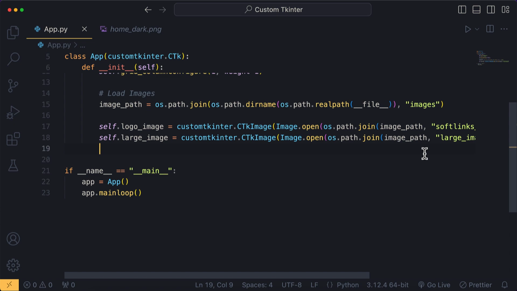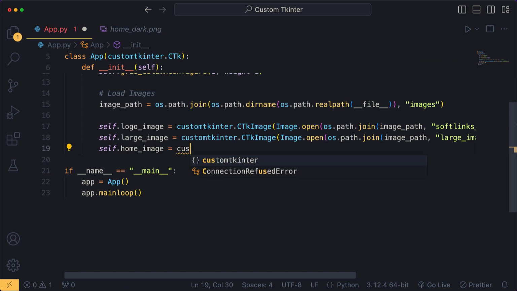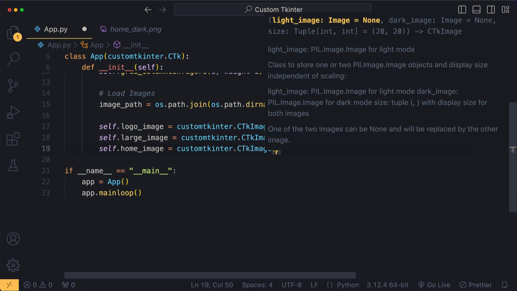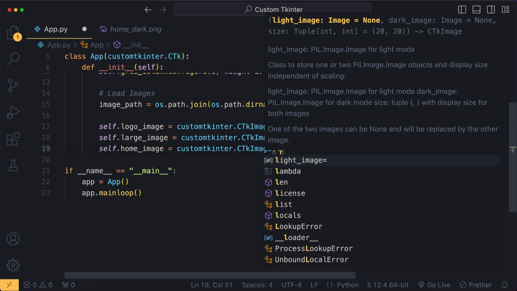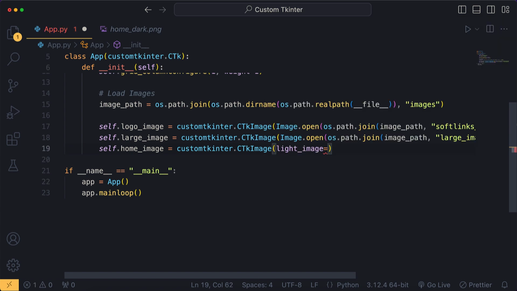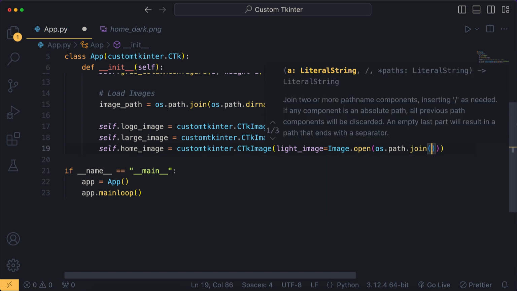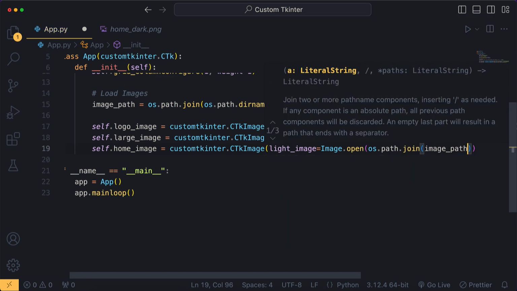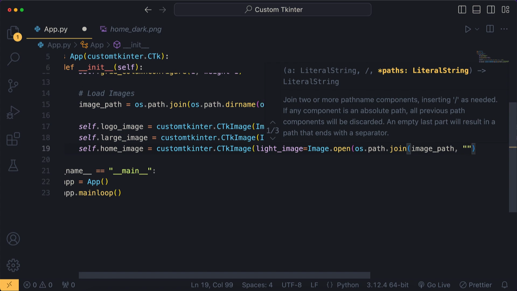I'm going to write self.home_image is equal to CustomTkinter.CTkImage, parentheses. So in this situation, we will need to pass in the light mode image path and also the dark mode image. Now I'm going to write light_image is equal to Image.open, os.path.join, then pass in our image folder, which is image_path, then the name of our image, which is